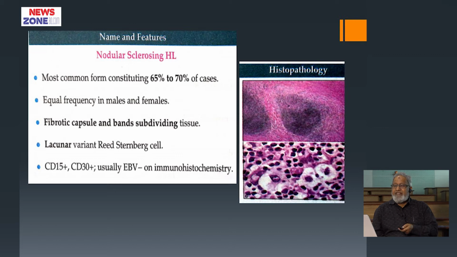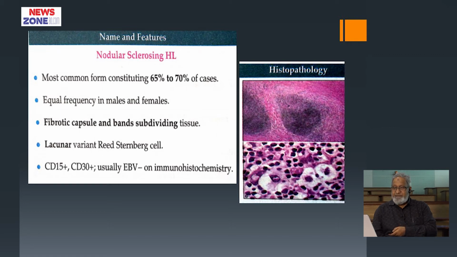Fibrotic capsules and bands subdivide zones, and you see the typical lymph nodes having the Reed-Sternberg cells, and sometimes the lacunar variety. And very interesting, if you do immunohistochemistry, CD15 is positive, CD30 is positive, but